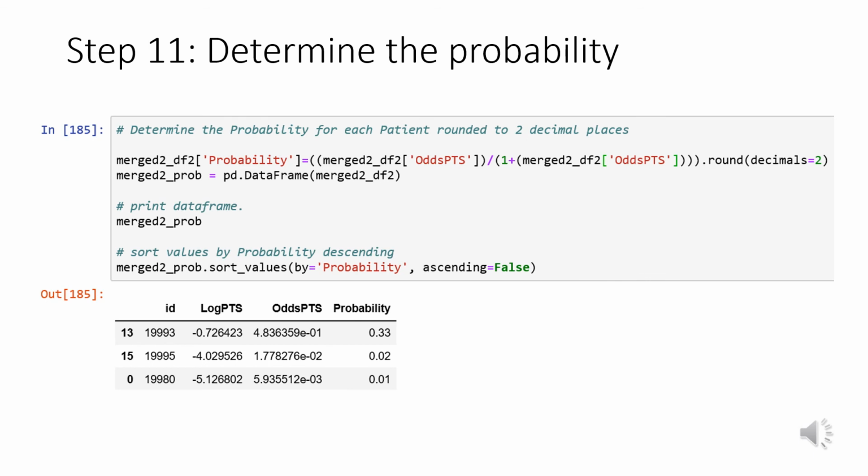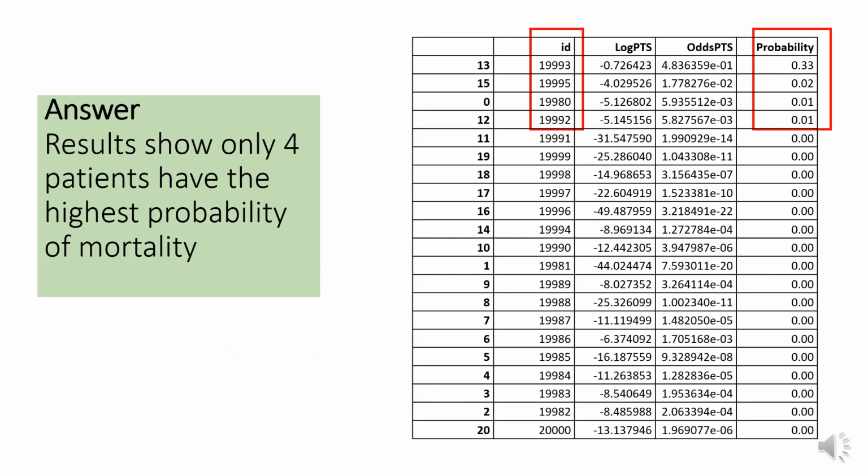In this final step, we are determining the probability as shown on this slide. The probability is then sorted using the sort_values function. The results show only 4 patients have the highest probability of mortality, and the probability is listed in descending